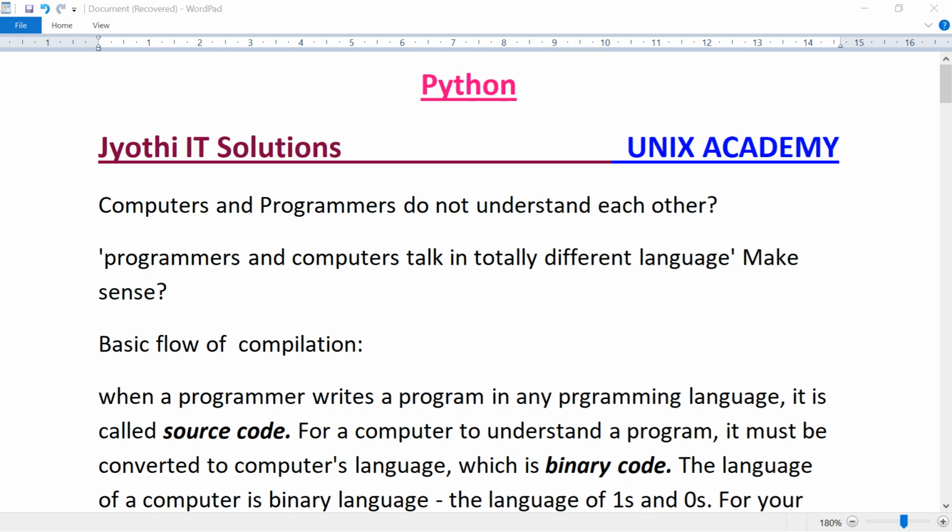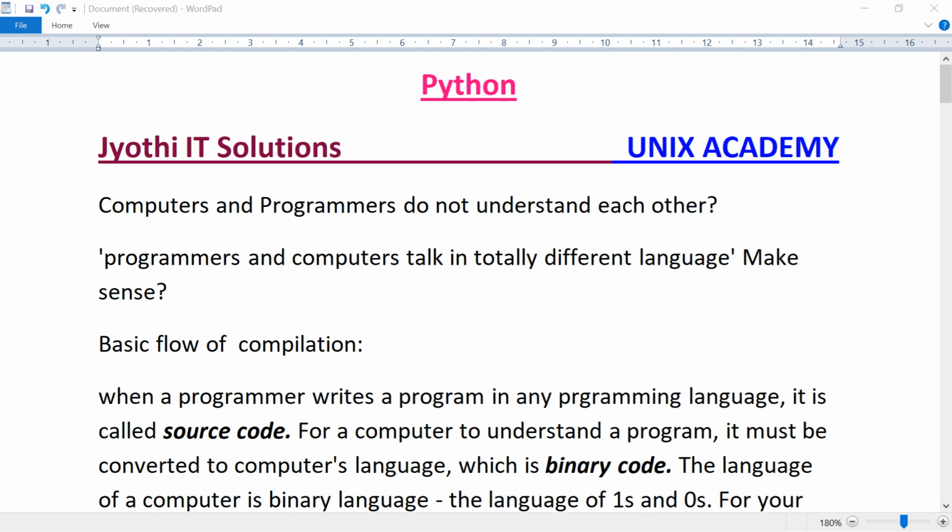Thus, for a computer to execute your program, it is important that your program code written in some programming language must be converted into computer understandable code, that is machine code. When a programmer writes a program in any programming language, it is called source code.